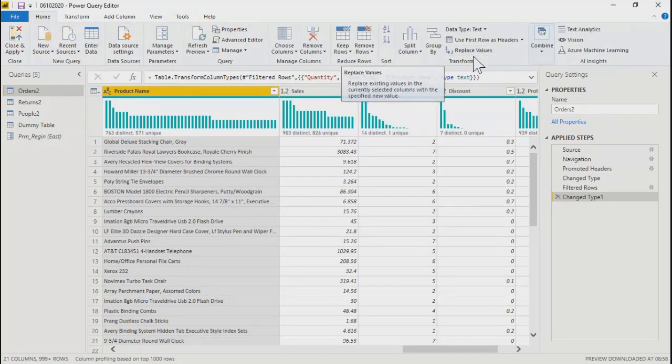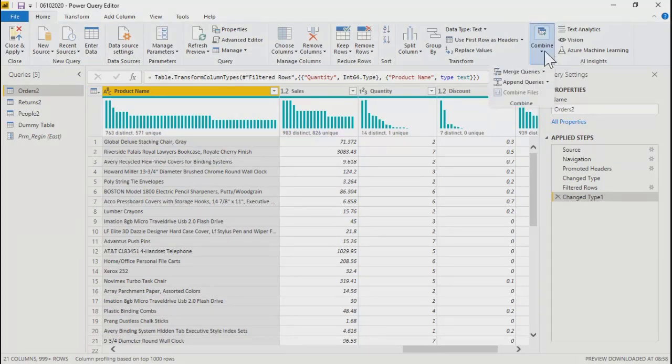Then you got transform. Oh, sorry, it's a transform name only. Combine. Okay, this is important. This you might need to use, irrespective of whether you are in the ETL team or not. Let's say you want to append the data. Now over here, append is like union, and merge is like join. You understand join and union?